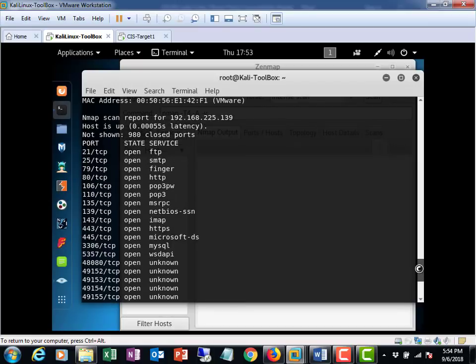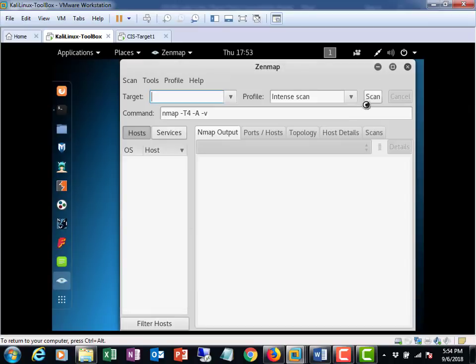All right. So that's just a simple scan. This is good though, because this shows you all of the ports. We're going to keep that. We're going to set that aside. We may need it. All right. So if I put